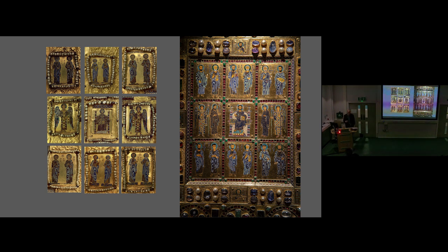So it looks very clear that at some point, presumably between the reign of Maria in Byzantium in the 1070s and the creation of the Khakhuli Triptych in its current form, which took place in the 1130s, a huge number of enamels have arrived in Georgia. And unlike in Hungary, where they have sought to enshrine those enamels and the object they came with as a key part of their ceremonial regalia, the Georgians have taken a very different approach, which is they're more concerned with the central icon of the triptych, and they've been happy to dismember all these objects and to use them to their own